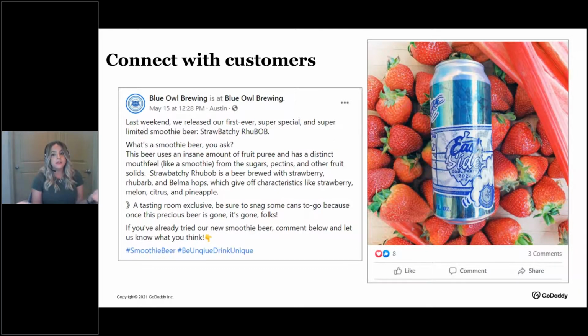60% of this largest demographic of 2.7 billion monthly active users on Facebook say that they will become loyal to a business, meaning they'll come back again and again, they'll recommend them to other people, and so forth, if that business or brand is engaging with them online. And Facebook is one of the easiest places to do that, right? That's why we're diving a little bit more into Facebook. We're trying to make it appetizing, where people want to come in, and 60% of that largest demographic wants you